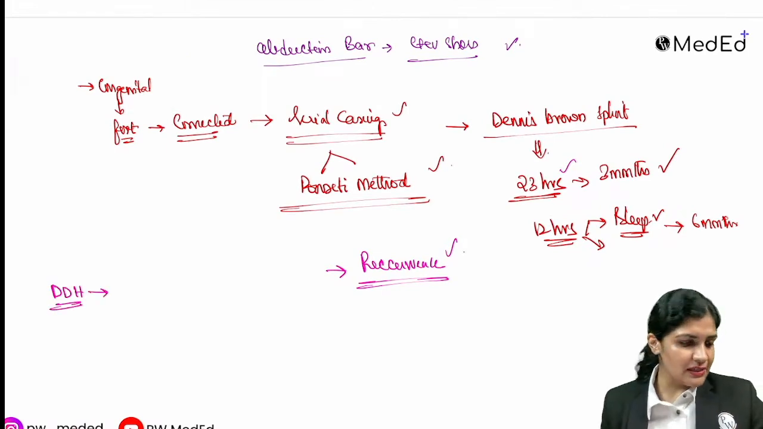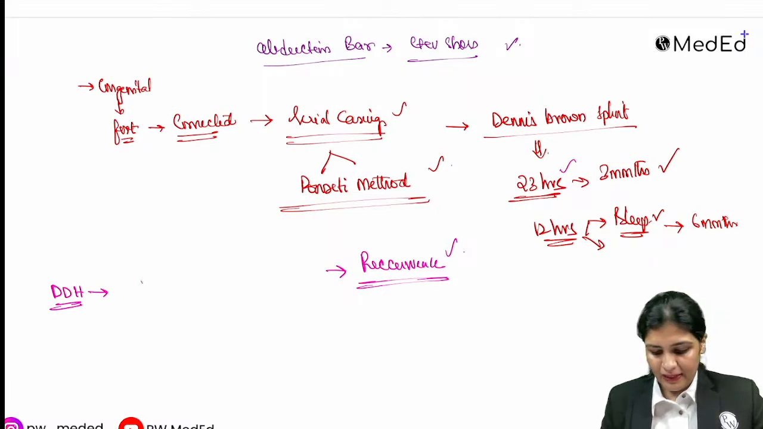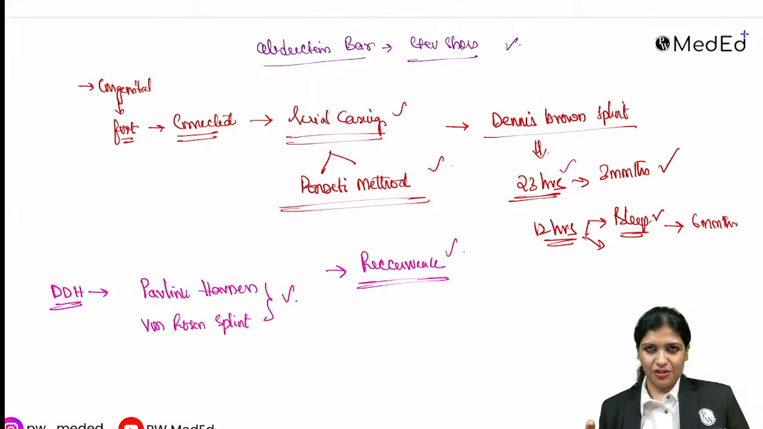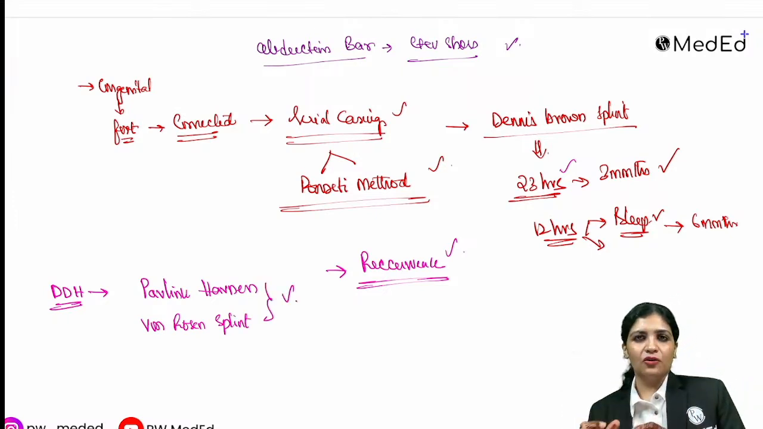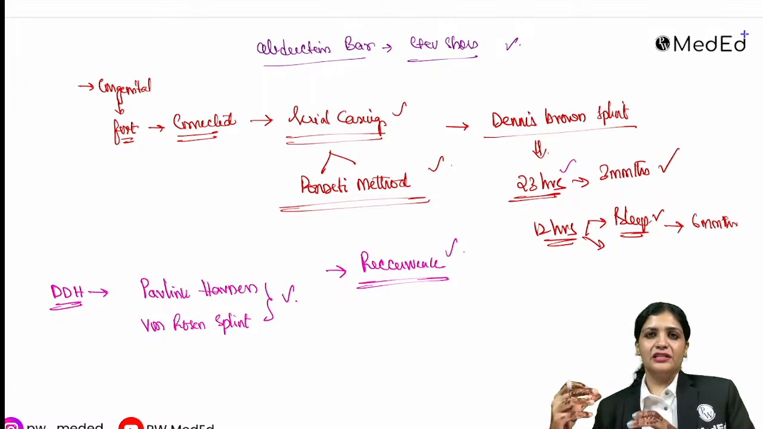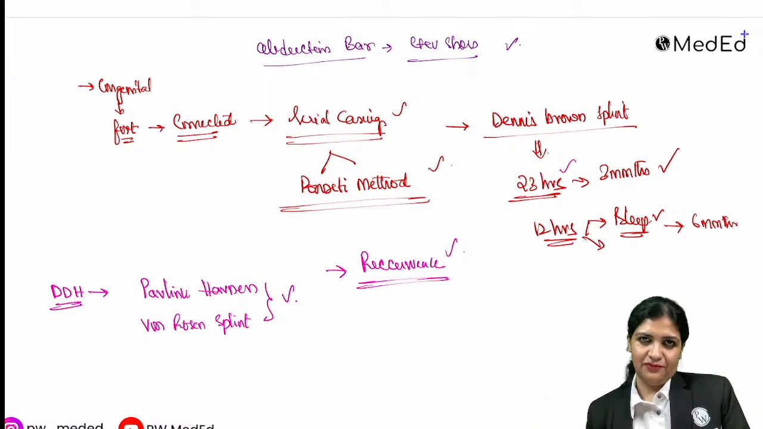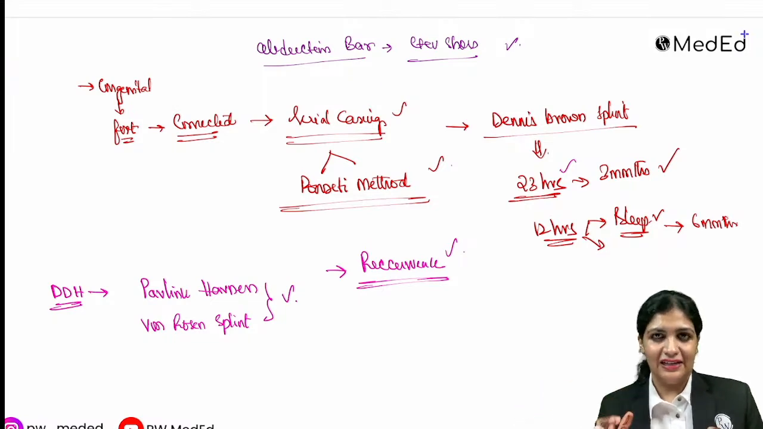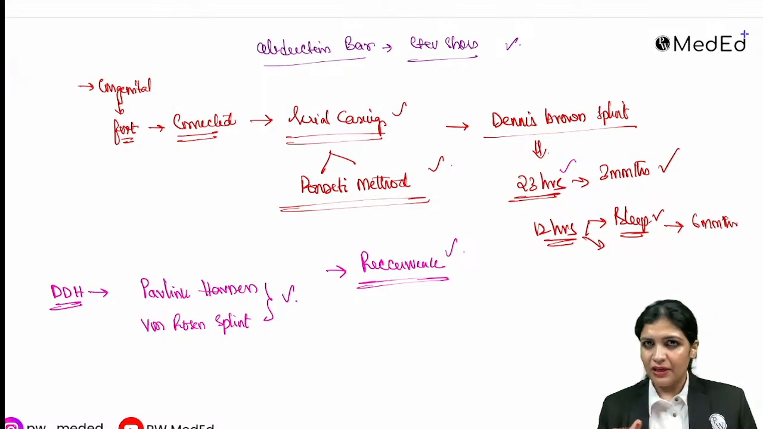So DDH, what is that splint which we use? It is the Pavlik harness or the von Rosen splint. So these are the two splints which we use in DDH, right? In pediatric orthopedics, we have two important splints, one for DDH and another one for CTEV. For DDH, please remember, it is the von Rosen splint or the Pavlik harness which we use, and this is